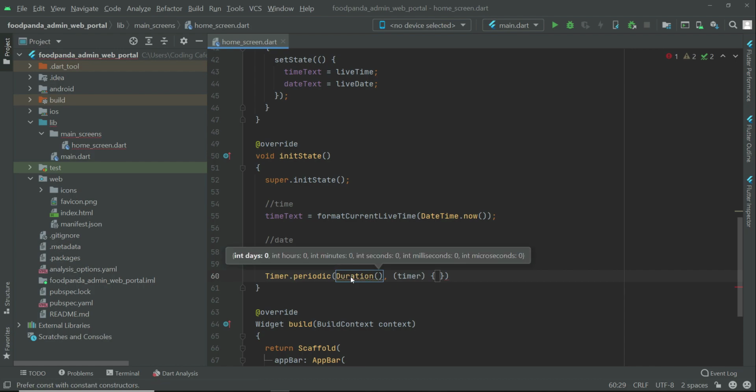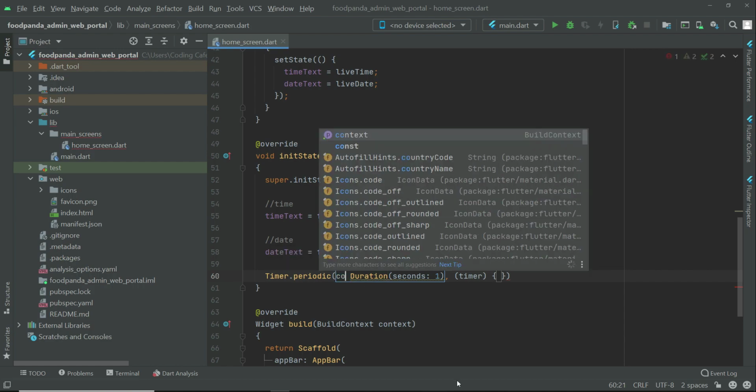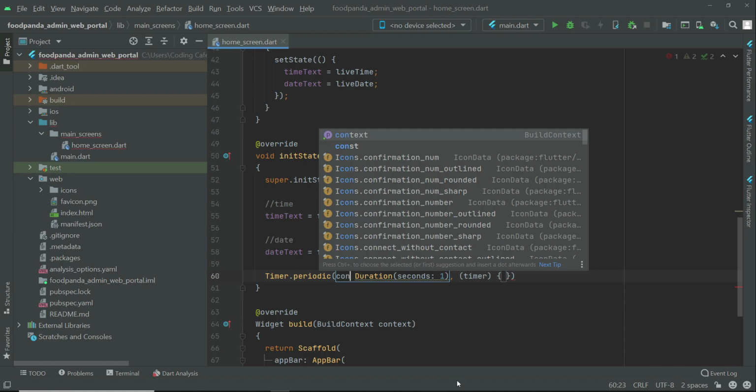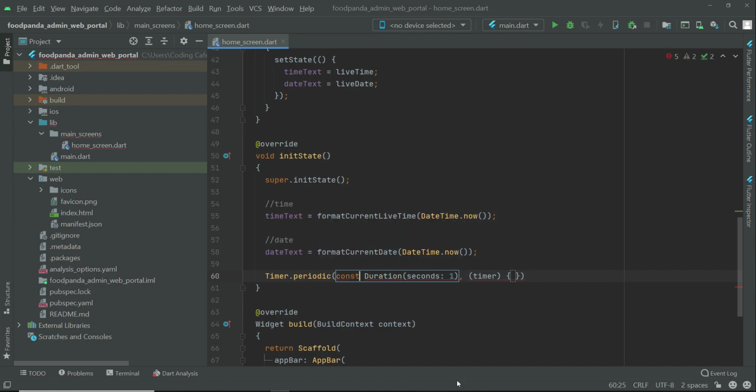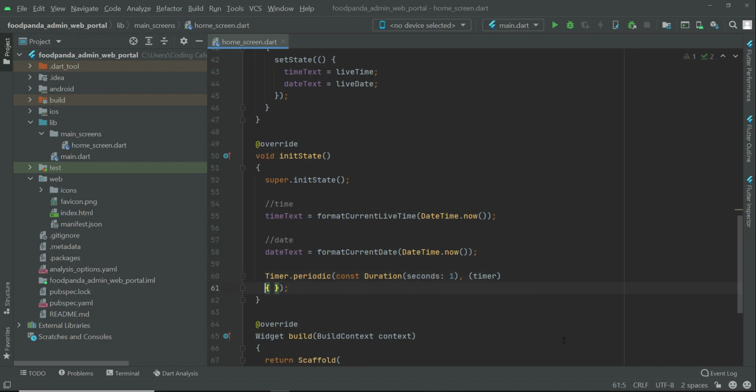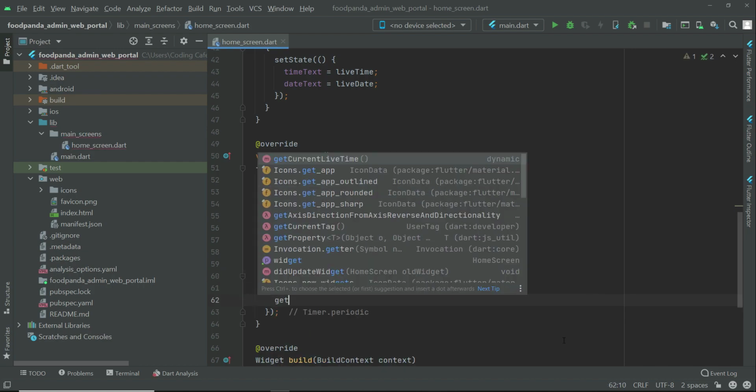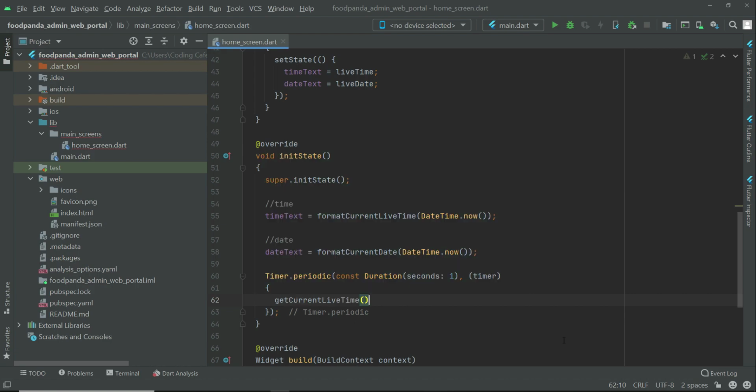So we can say seconds 1, and as it will remain constant, that is 1 second, 2 second, 3 second, 1 second will be changing after every second, after one increment will be adding to it. So const, and after 60 seconds of course it adds a minute, that is the time will be changed. So here we can call our method, which is get current lifetime,